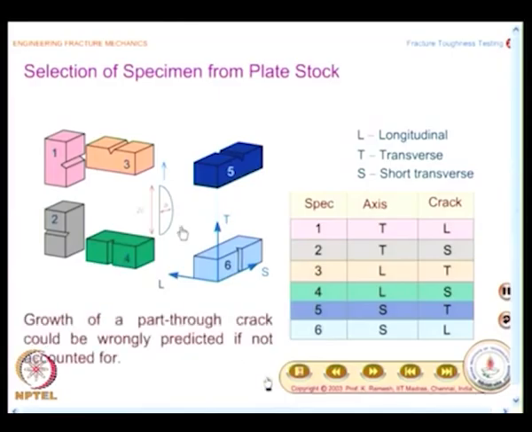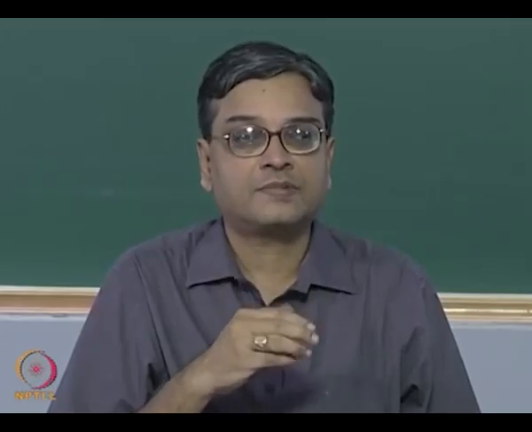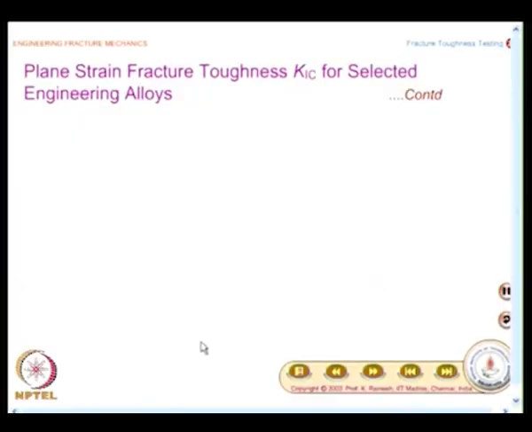So, in the case of a part through crack, if you do not know these variations, the growth could be wrongly predicted. In fact, we had also looked at what are the other relevant standards in connection with fracture toughness testing. Now, what we will do is we will also look at sample values of fracture toughness,